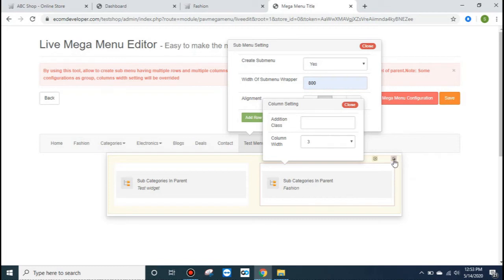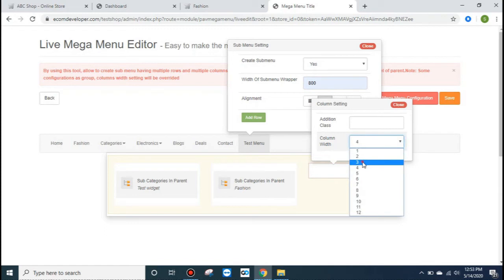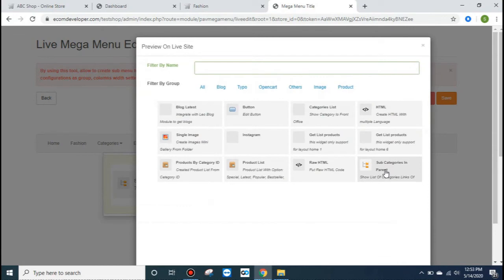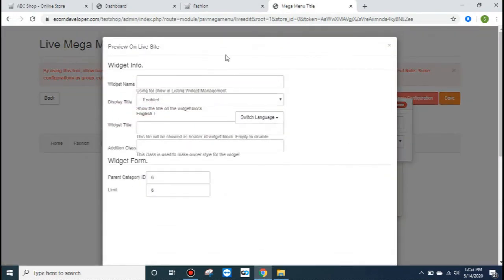You can add more to, like we have, click here, and for this again, if you just wanted to have 3 blocks, so you need to set column width 4 for each. So we are going to set 4 columns, so we are putting 3 as column width. Now again click here, subcategory, and this time we will take